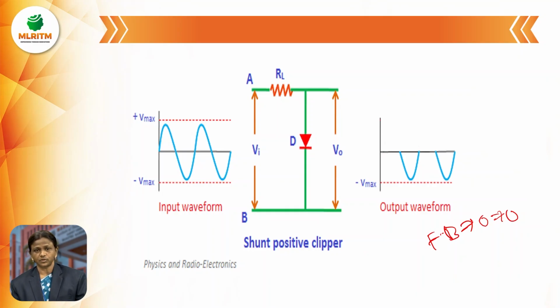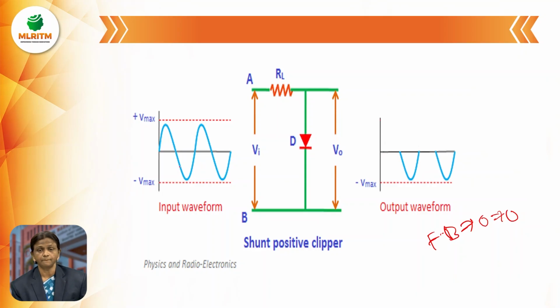An AC signal contains both the positive half cycle as well as the negative half cycle. Shunt positive clipper means the positive half cycle must be cut off at the output side. So by using this circuit, during the positive half cycle, diode D is in forward bias. Diode D is connected in parallel or shunt connection, that's why it acts as an open circuit. So current equals 0, and the corresponding output V naught equals 0. So during the positive half cycle, the corresponding output equals 0. That's why that is represented by a dotted line. Next, during the negative half cycle, what happens to the circuit?